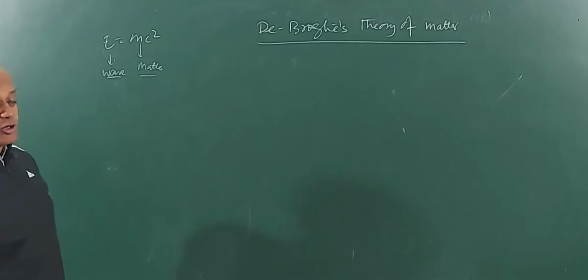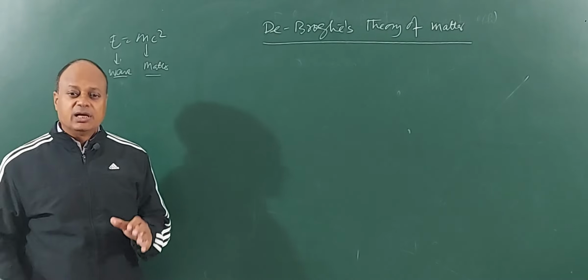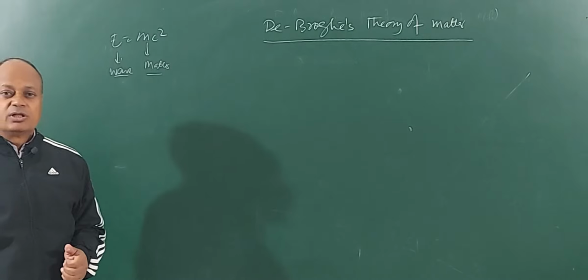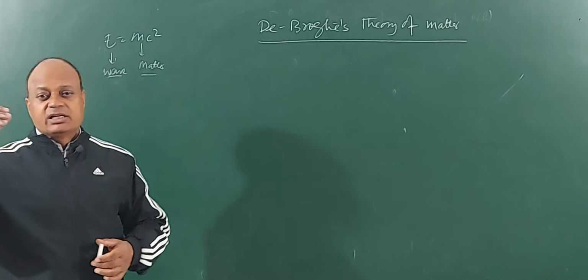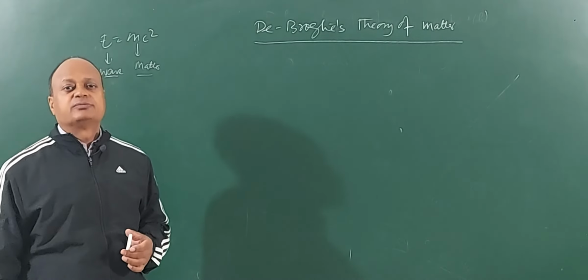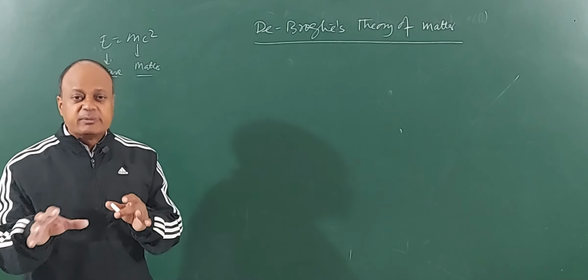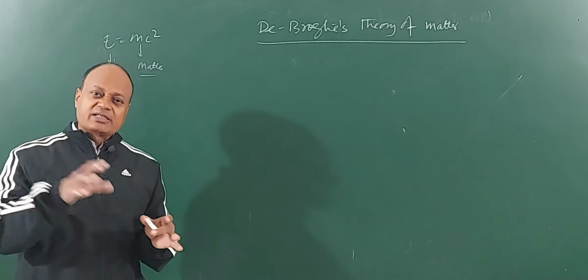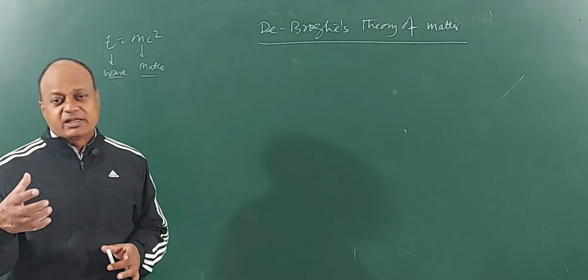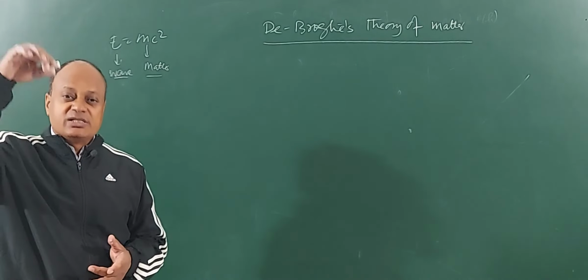Now, Louis de Broglie had an argument. He said, just as radiations can exist as matter, and there is a symmetry between mass and energy given by Einstein's equation, therefore if a particle is having energy and is moving, then it must also behave as a wave. There is a symmetry. Just like a wave acts as a particle, the particle must also act as a wave, provided the particle has energy. And for having energy, the particle has to move. Not necessarily move, it can also have potential energy.